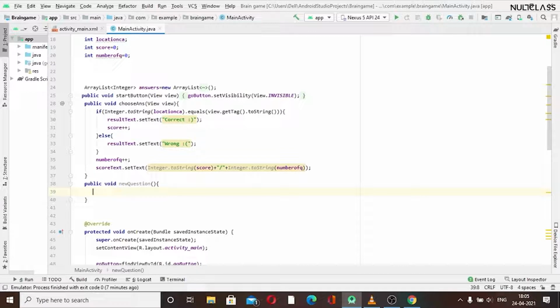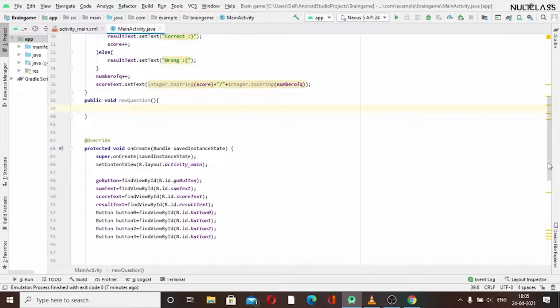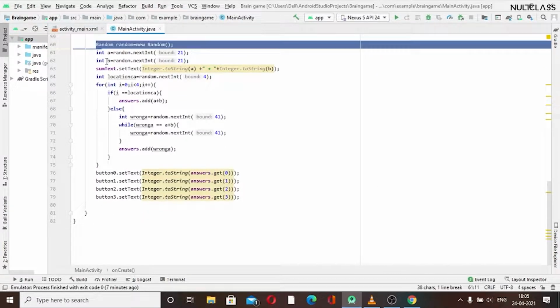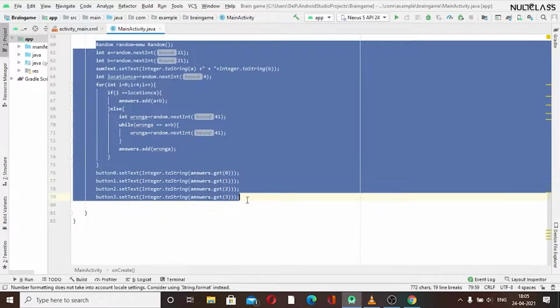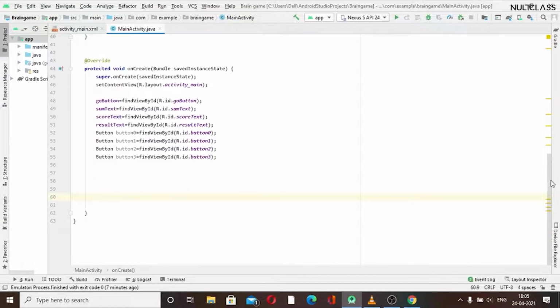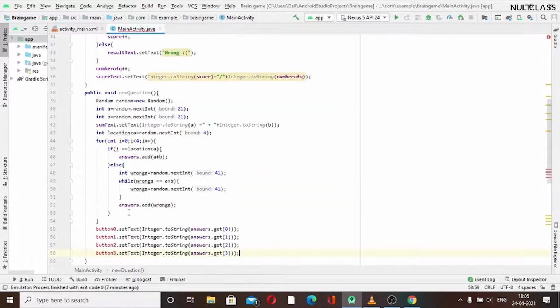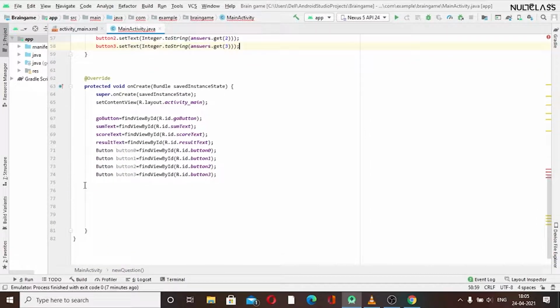And inside of that, we have to write the code we've used before, all that code to generate a new question. We don't have to write that again and again. So we'll use that in our method here. I will just paste it down here. We are getting these errors because we have declared our buttons down here and we are using them in code above.